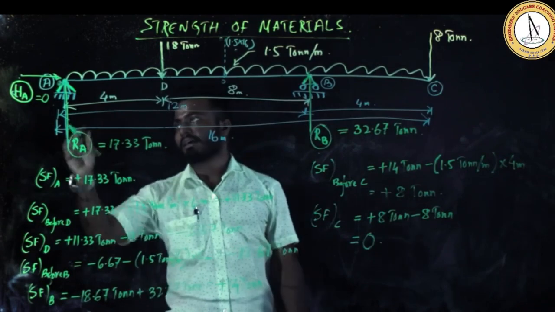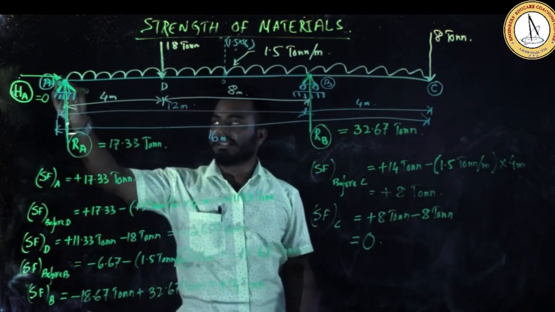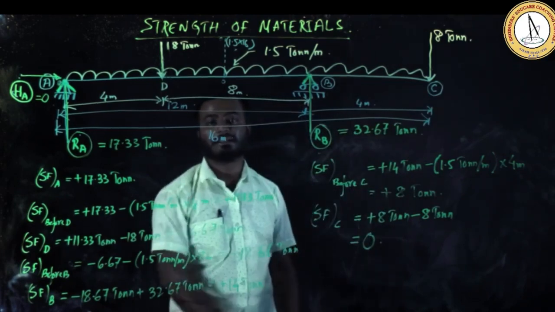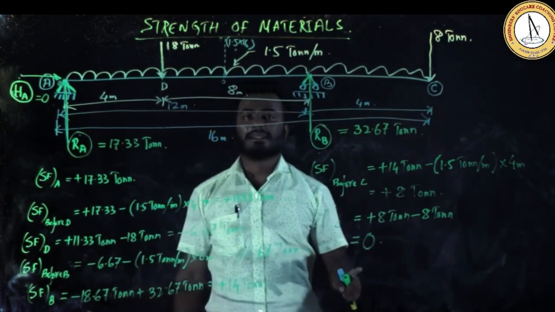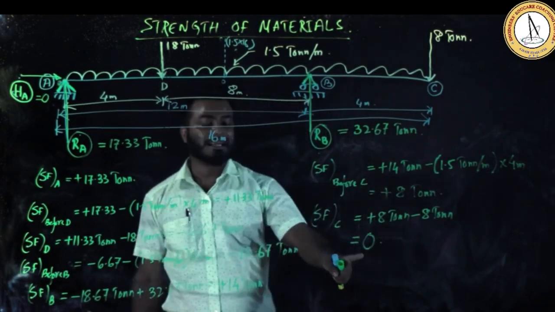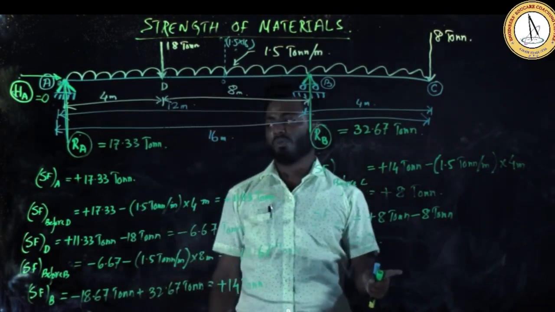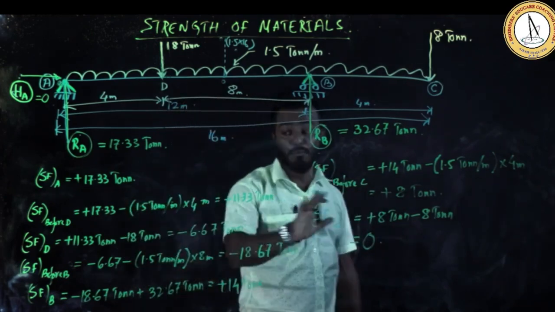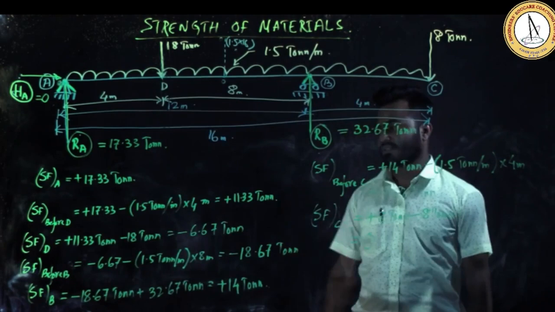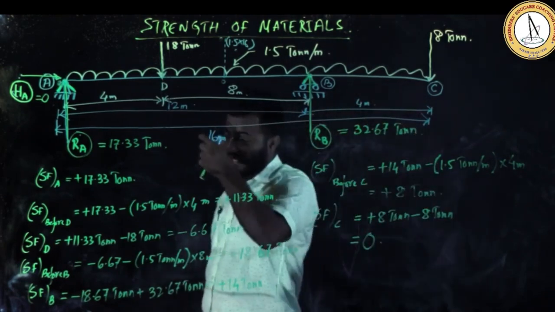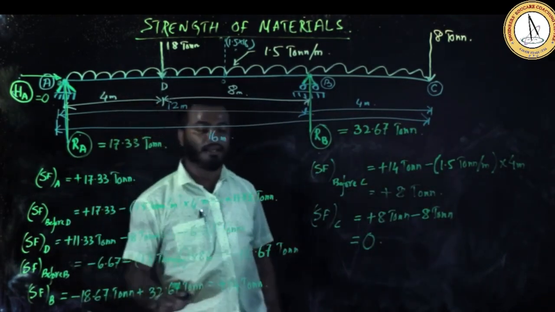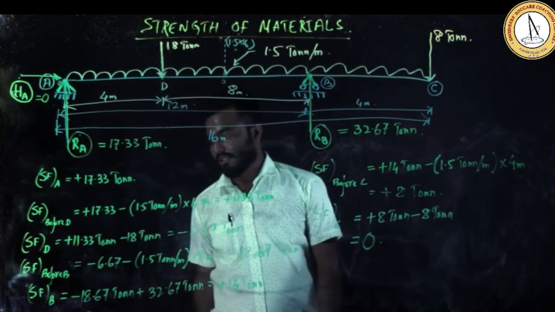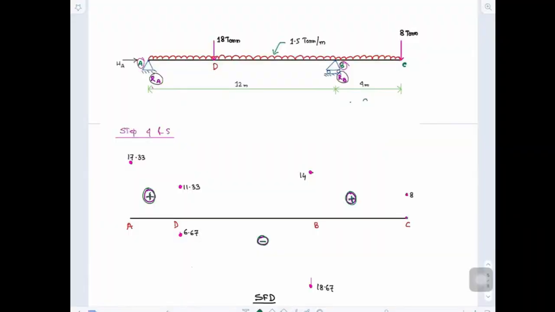Remember that whenever you calculate the shear force from this side, at the end of the other side of the beam you must get the answer 0, because the shear force diagram is a closed diagram. It can never remain with some magnitude. If you are left with some magnitude, you need to understand that you have made a mistake somewhere in the calculation. Okay, so this is how we can find the shear forces at the different locations by using only your calculator. Now let's draw the SFD.